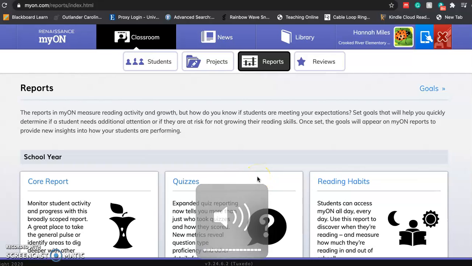My name is Hannah Miles, and today I'm going to show you how I incorporate a digital library like Myon into a reading lesson plan. How I can use it as assistive technology to help students who maybe have reading disabilities or dyslexia or some sort of print disabilities. So I'm using Myon just because this is the digital library that I am subscribed to